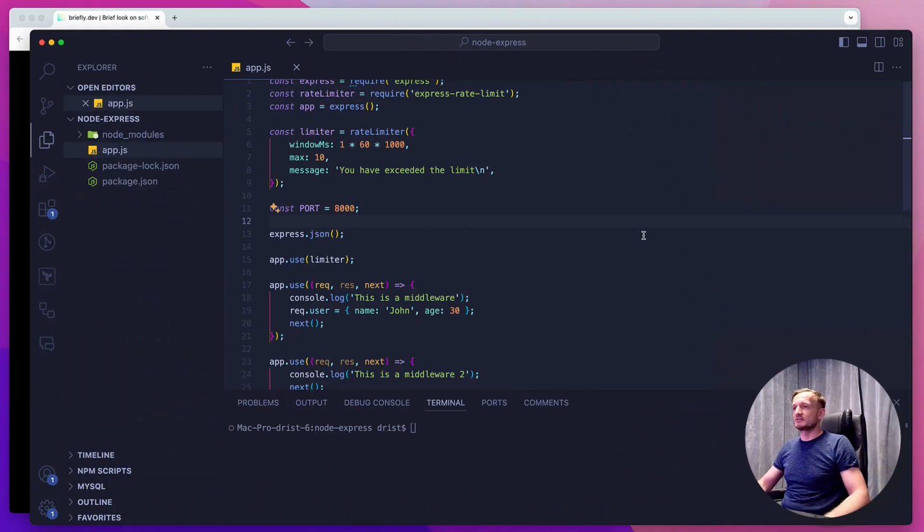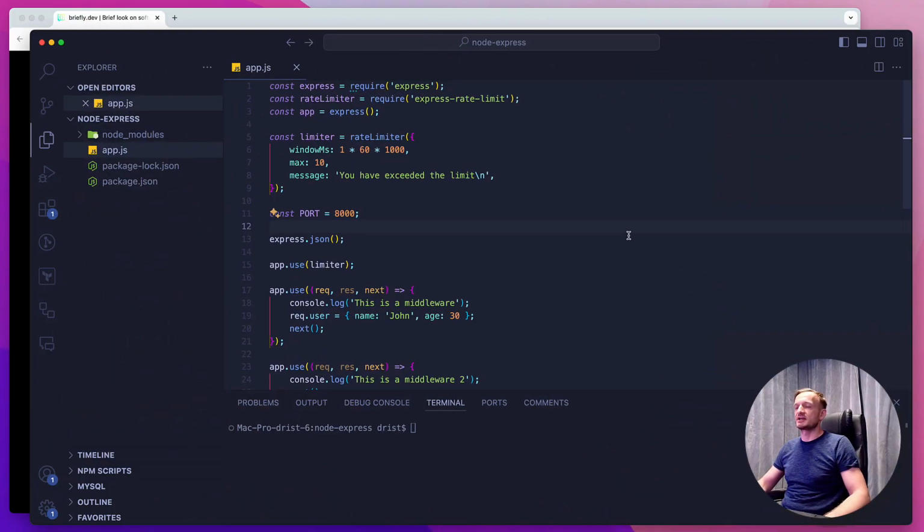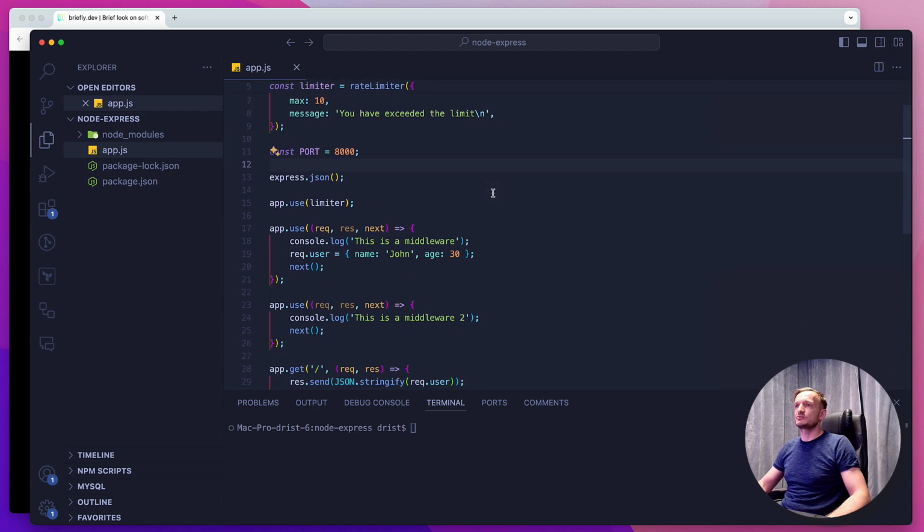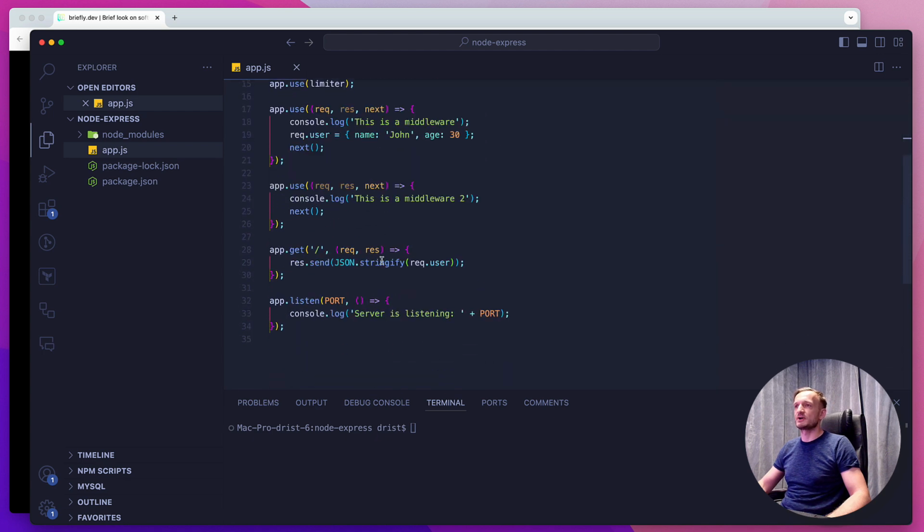Alright, so we are in VS Code and we are checking out our Express.js app, which we built in the last few videos. I will link some of them down below. But just to go very briefly over that, we are instantiating an Express.js app. We have a rate limiter, which is a third-party middleware, and we have some middlewares and a basic app.get